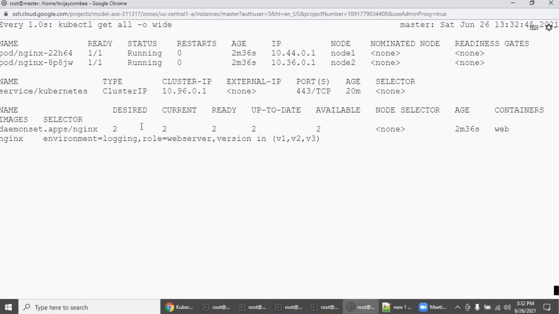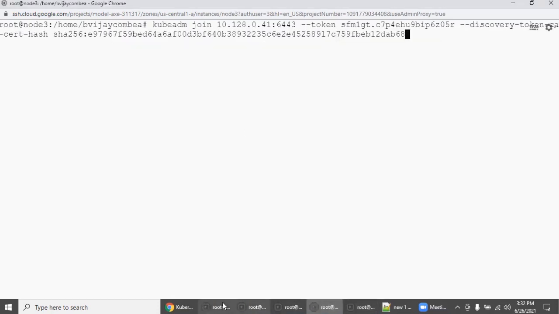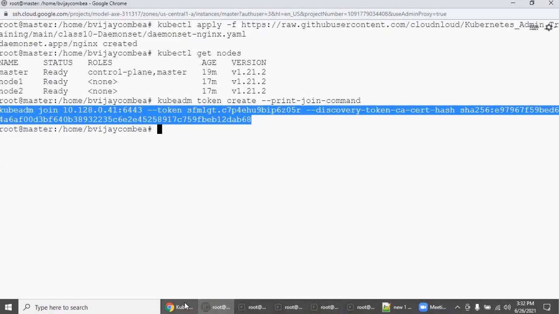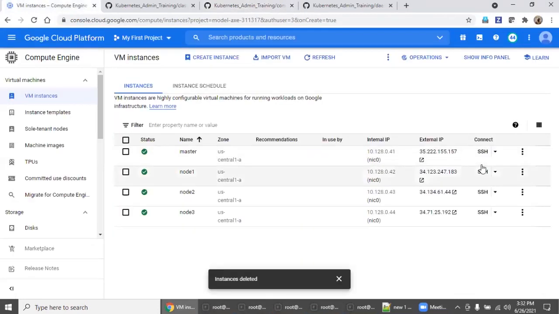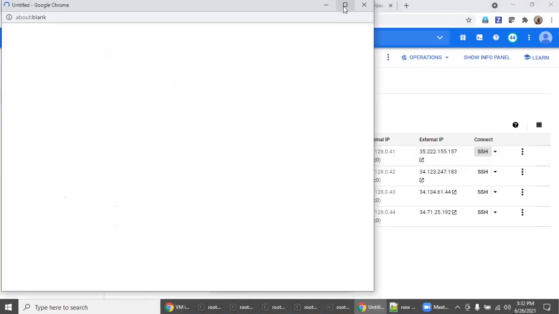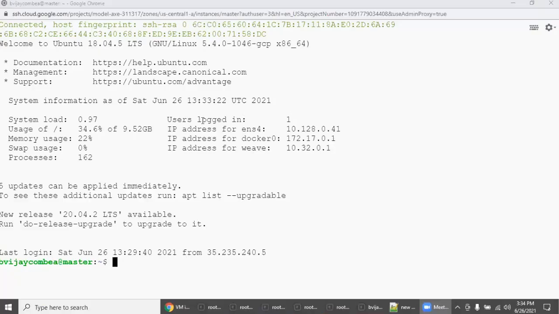See here, right now two worker nodes, node 1 and node 2. It's showing 2. So the moment we join, let us open one more window if required, so I can show you in a better way. So we opened another master window, another putty window, and I'm logging in as root.